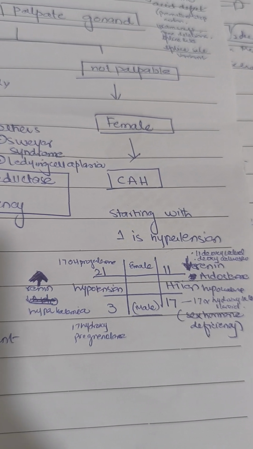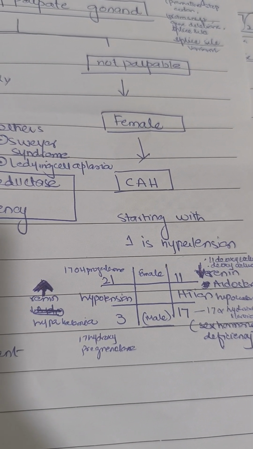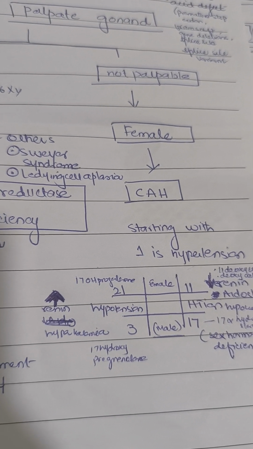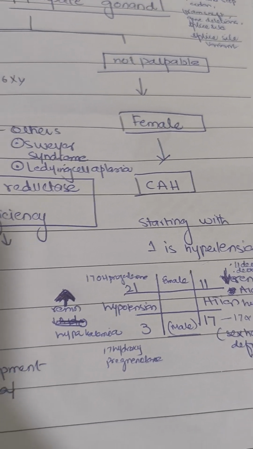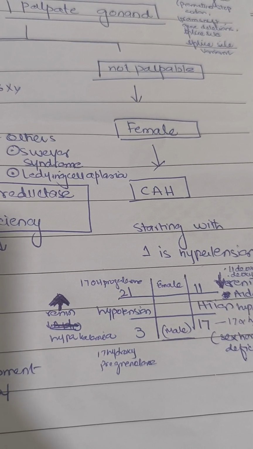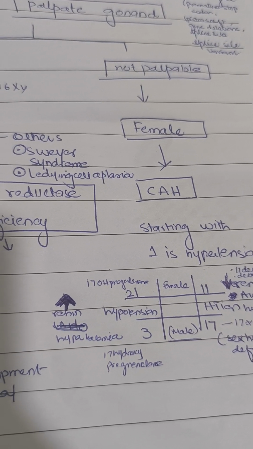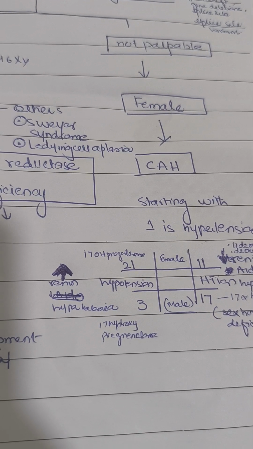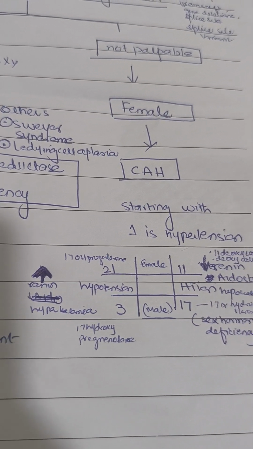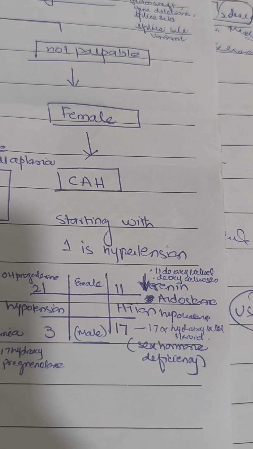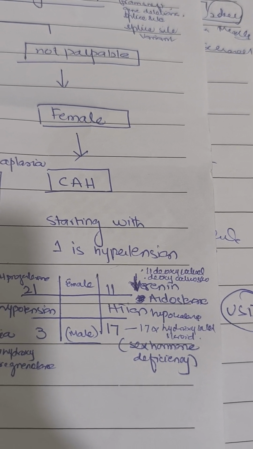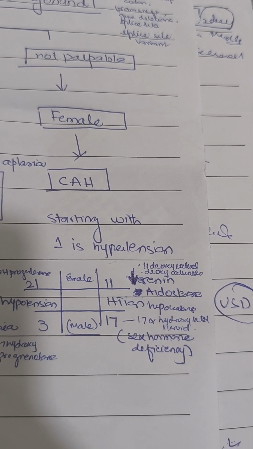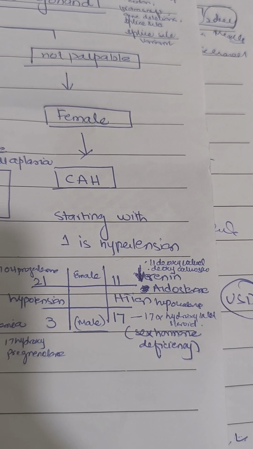And there are certain raw materials, or you can say certain byproducts, that are raised. In the case of 21-hydroxylase deficiency, 17-hydroxyprogesterone is raised, whereas in the case of 3-beta deficiency, 17-hydroxypregnenolone is raised as a precursor. In 11 deficiency, 11-deoxycortisol and deoxycorticosterone are raised, whereas in 17 deficiency, 17-alpha hydroxylated steroid is present.